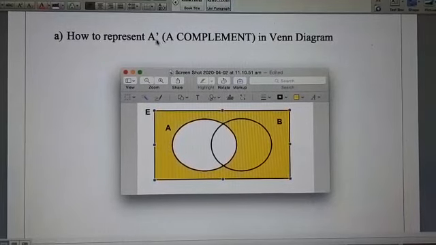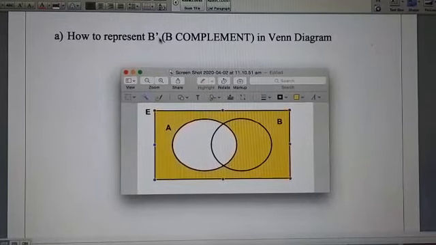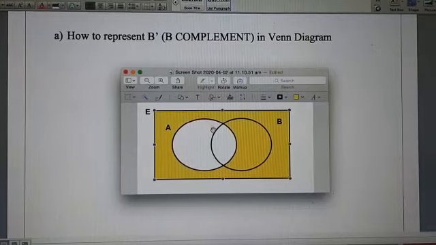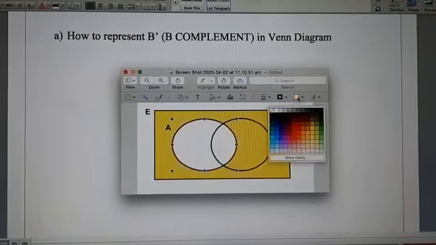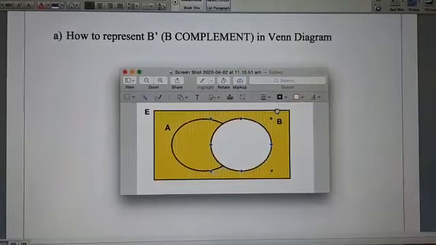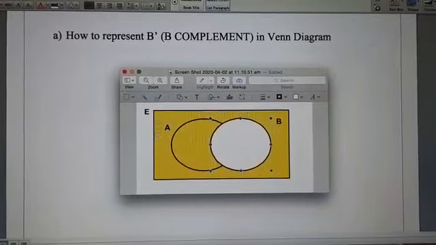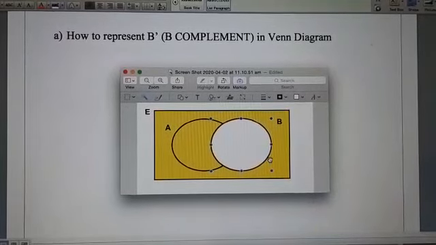Similarly, when you are going to shade B complement, represented by B prime, then in that case you are not going to shade B. For B complement, B is not shaded while all the region outside B within the rectangle is shaded by yellow color over here. So this is the concept of shading of A complement and B complement, and let's suppose that